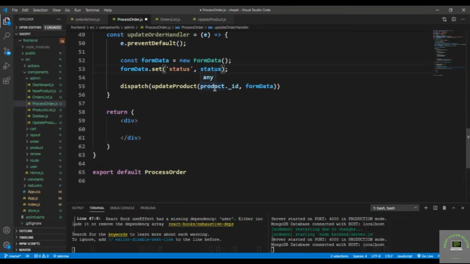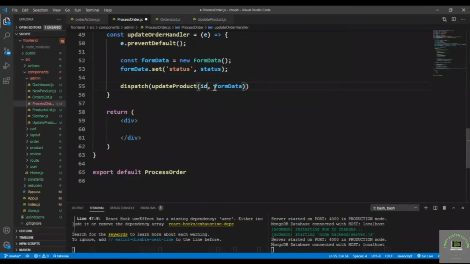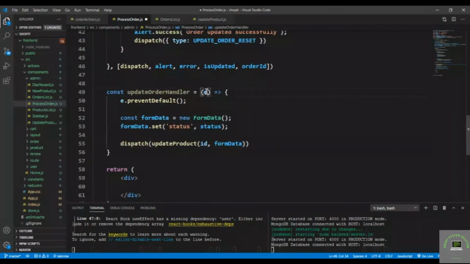Alright, so pass in here first of all the ID. Okay, I also have to bring in from here the ID and then the form data. Alright, and also we have to remove this one,